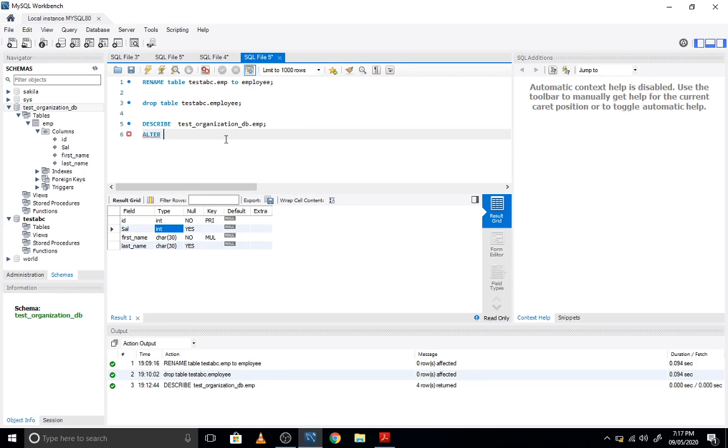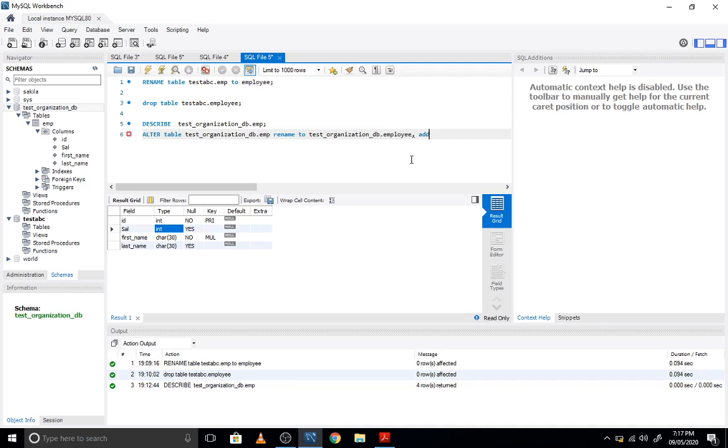So alter table, table name. This is my table name. I want to do multiple alterations in the table. Let's say I want to first change the name of this table to employee.